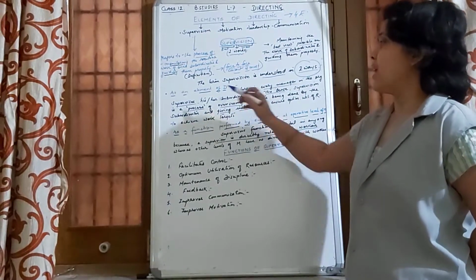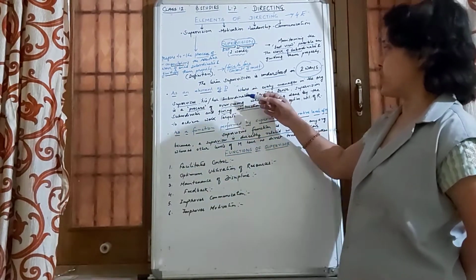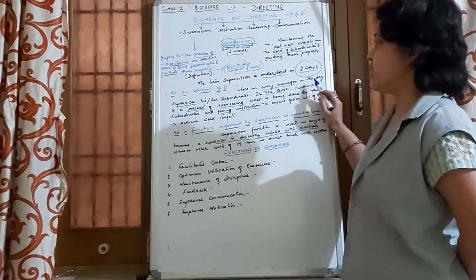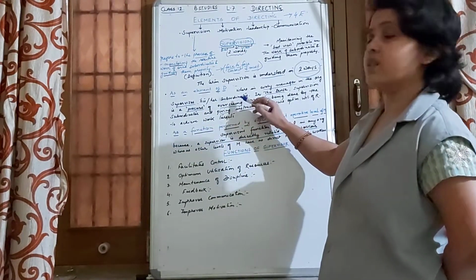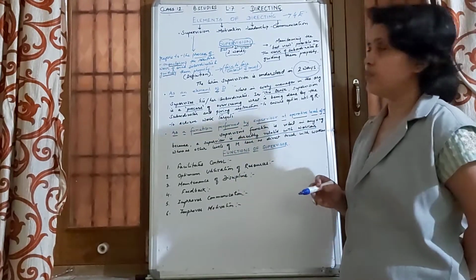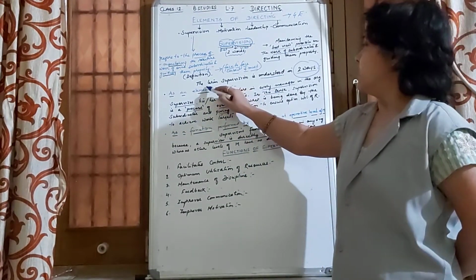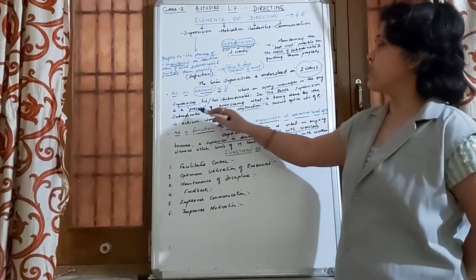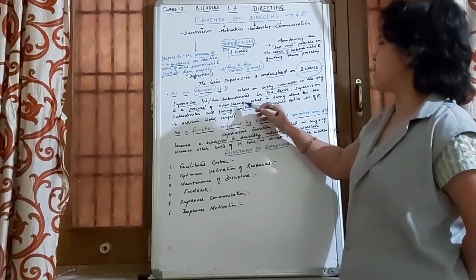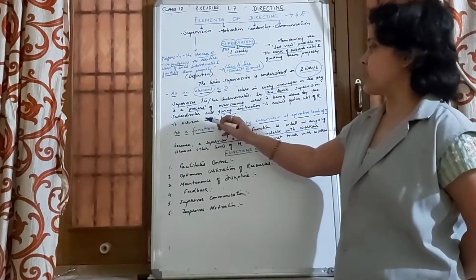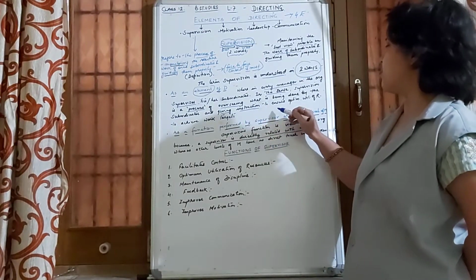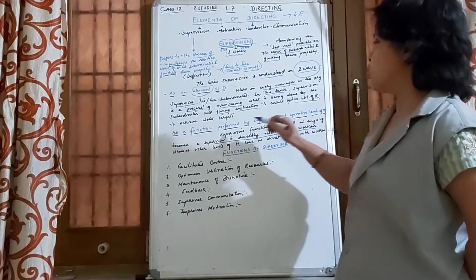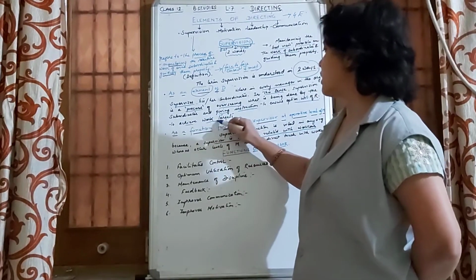managers. So as an element of direction function, we see that every manager in the organization supervises his or her subordinates. We are talking about element of direction. In this sense, supervision is a process of overseeing what is being done by the subordinates and giving instructions to them to ensure optimum utilization of resources to achieve the work targets.